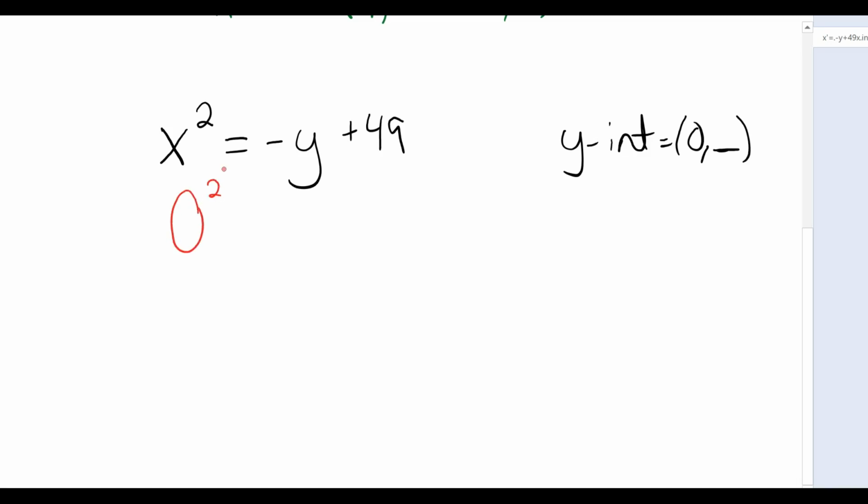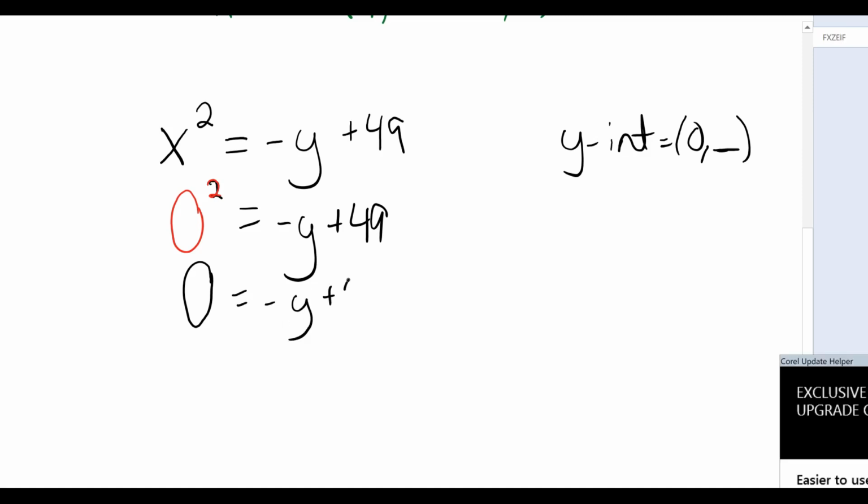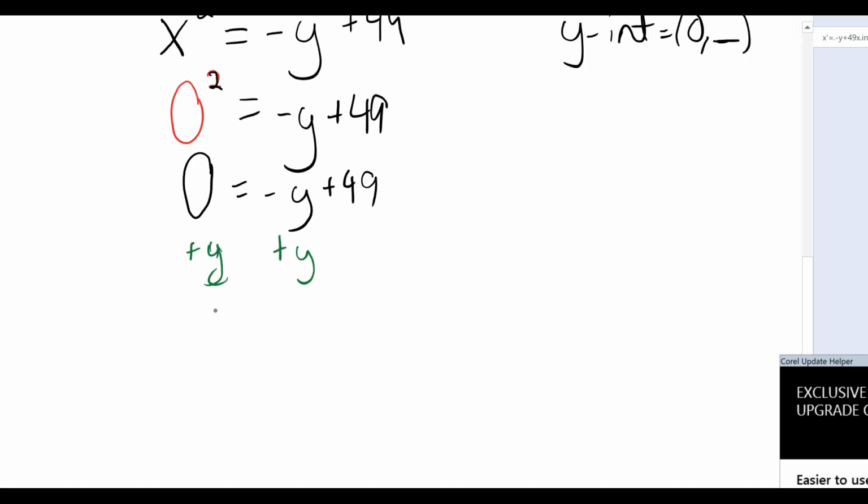Oh, let me change that to a black square, is equal to a negative y plus 49. Well, 0 squared is still 0, negative y plus 49. And then I want to solve this for y. Honestly, the easiest thing to do in this case is, since this is a negative y, move it over to positive y. This way, I end up with y is equal to 49. So my y-intercept is at 0,